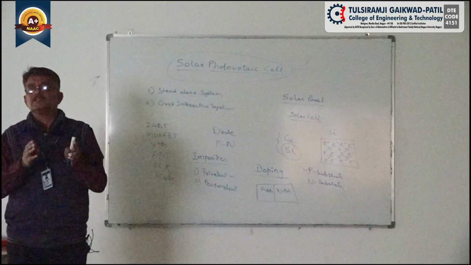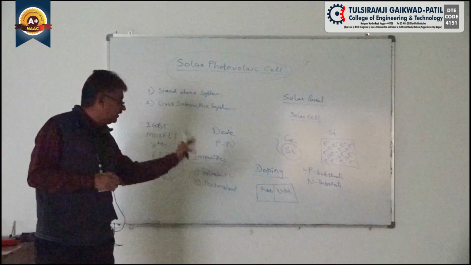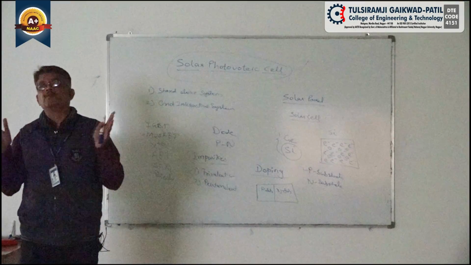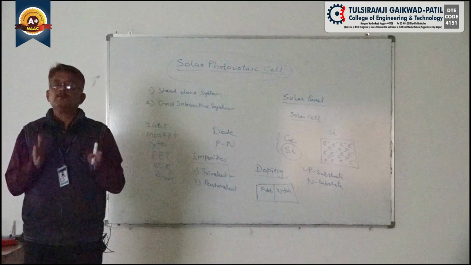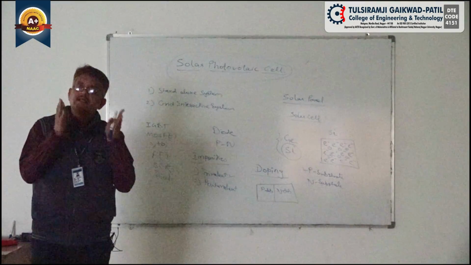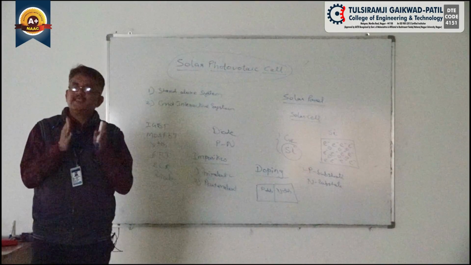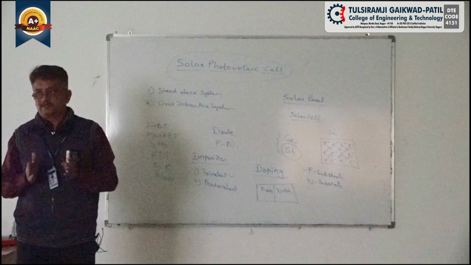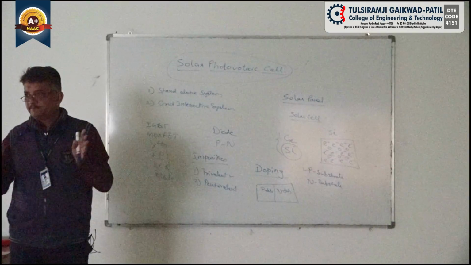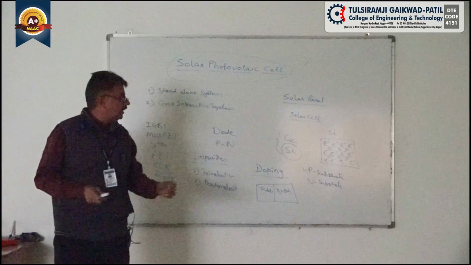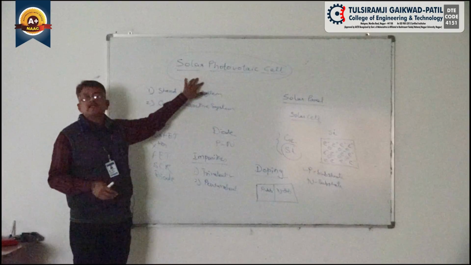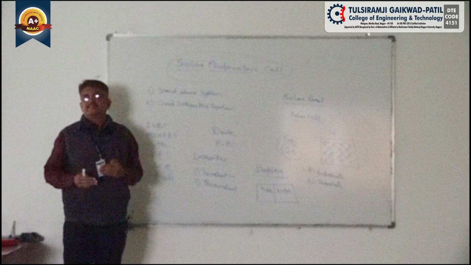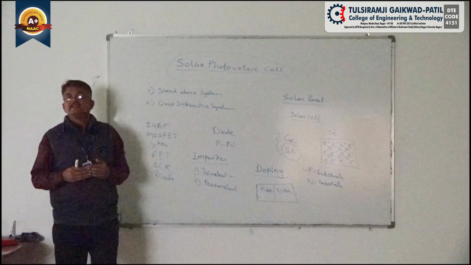and those photons, when they are incident on this PN substrate, we are able to generate electron hole pairs. Because as I told you, whatever current generation is taking place, it is only due to the flow of electrons. So in this way we are considering this solar photovoltaic cell,